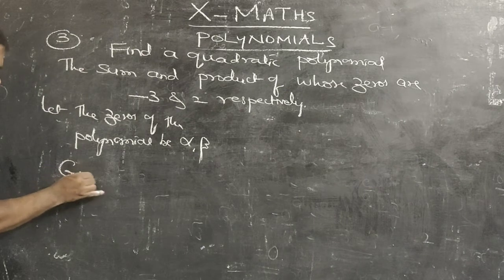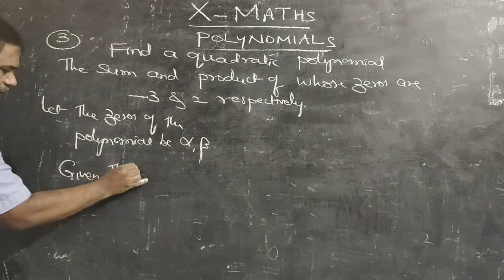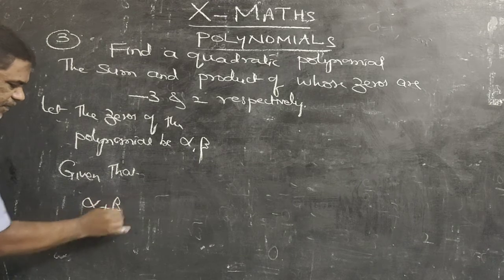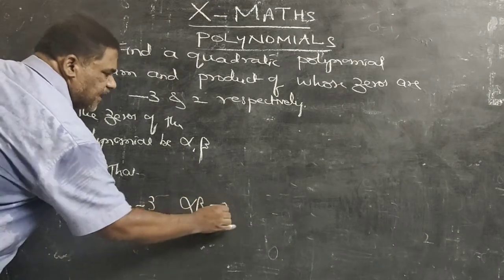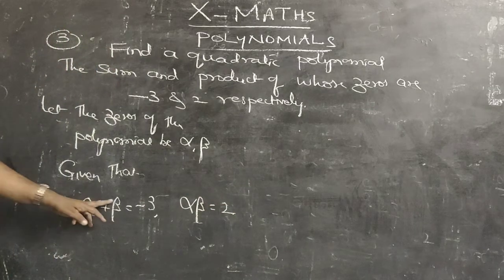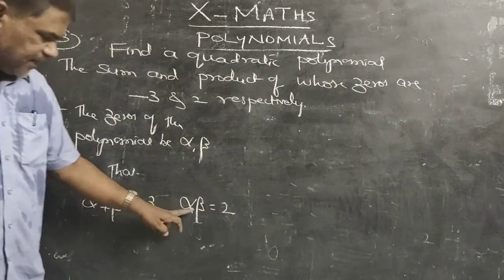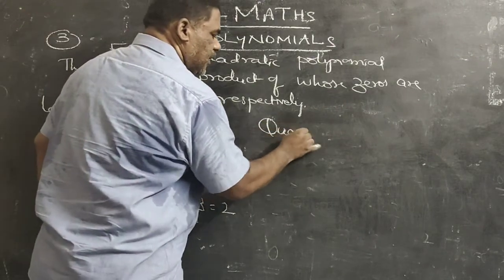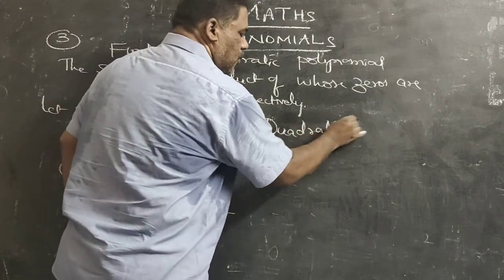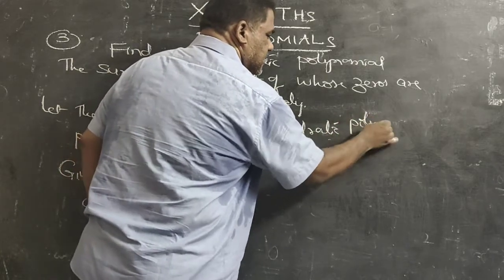Now one condition is given that sum of the zeros, alpha plus beta, is minus 3. Product of the zeros, alpha beta, is 2. Now we have to write the quadratic polynomial. So the quadratic polynomial is